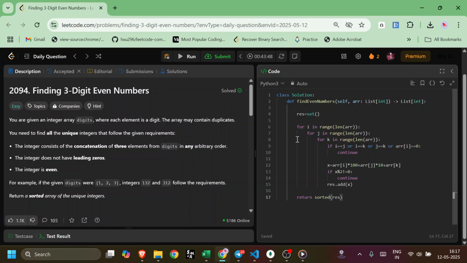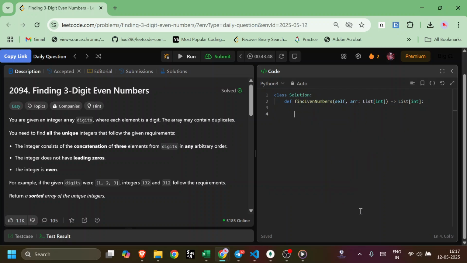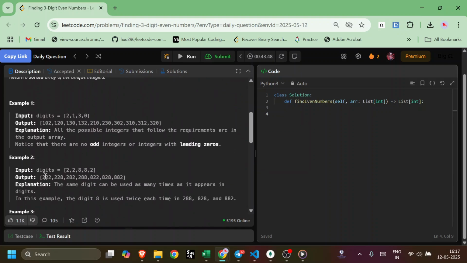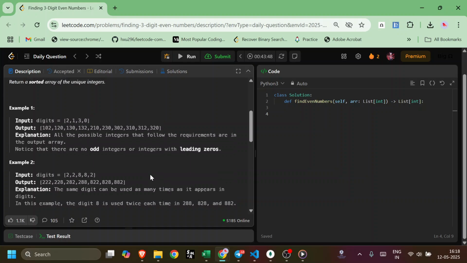Okay, so now we need to optimize this. To optimize this, one approach that you can think of is, if you observe this, we are basically creating three-digit numbers, right? So all three-digit numbers that possibly exist lie between 100 and 999. Based on that pattern, all the numbers that we need to insert into the array could be greater than or equal to 100 and less than or equal to 999. So we could solve this question like,